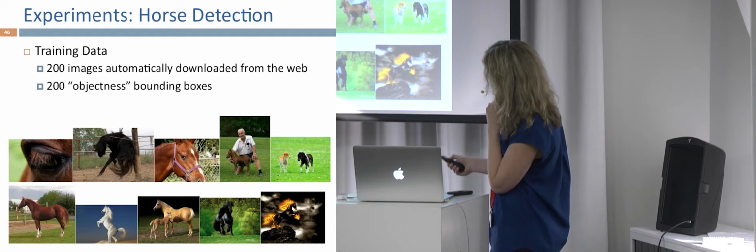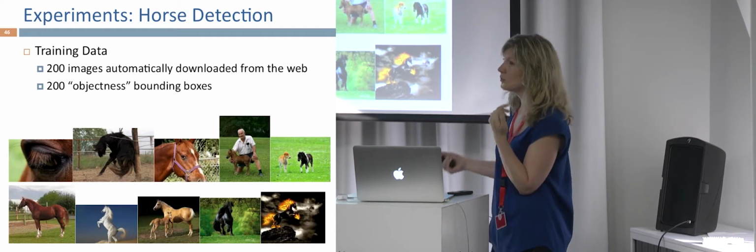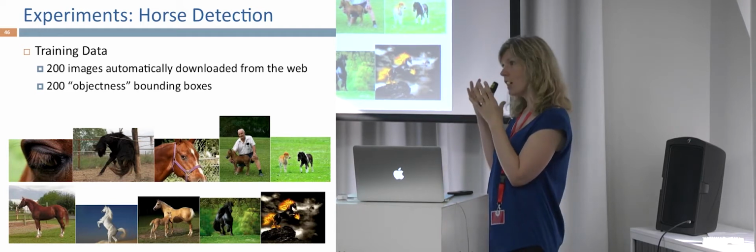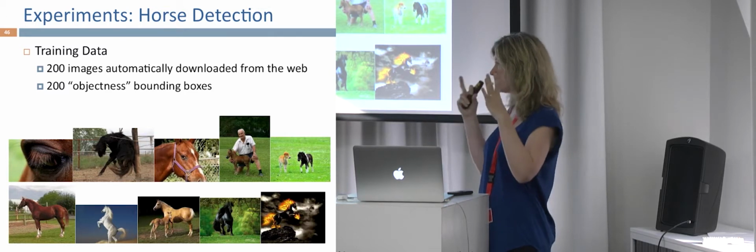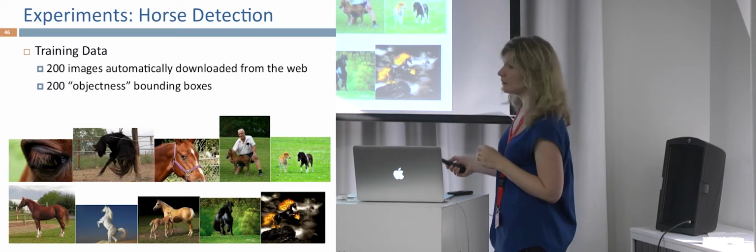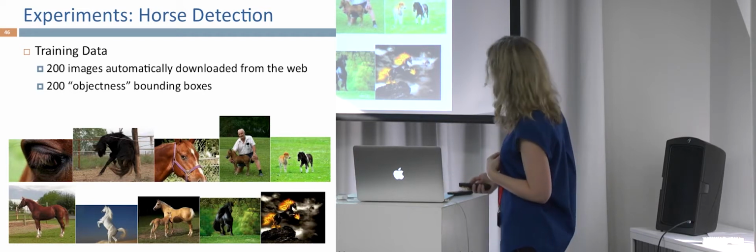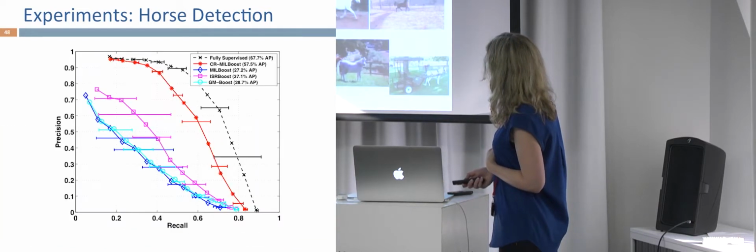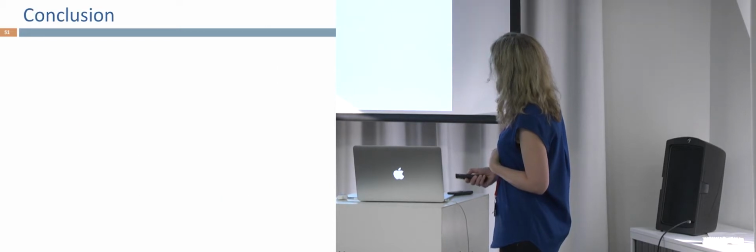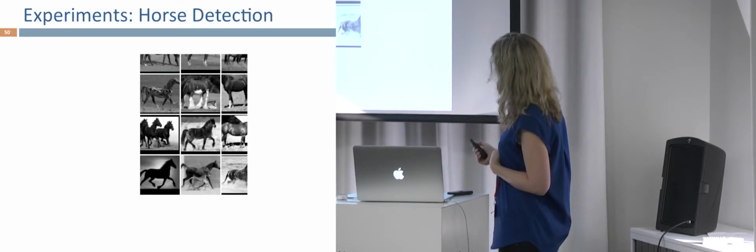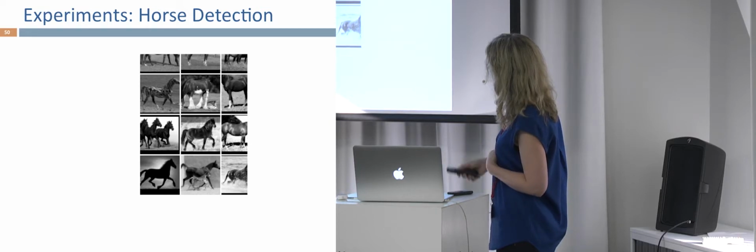But as you can see, this is a very noisy example. We would actually have no horse in this image. We just have the eye of the horse, but that doesn't count. We want the entire object. So this is a negative example for our intents and purposes. And here are some example horse regions that were selected by our method from bags. Some of them are okay, but this one selects multiple horses, though it has an entire horse in it, just occluded by these other two horses.